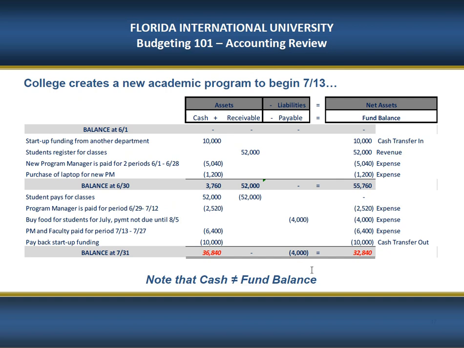One of our colleges creates a new academic program, and classes are going to begin on July 13th. But obviously, before classes begin, we have to do certain things. We have to register students. We are going to hire a program manager to start administrating the program details, and we need to purchase some items. First thing we need to do, though, before anything else, is figure out how we're going to start this program. Meaning, how are we going to fund the program manager's salary